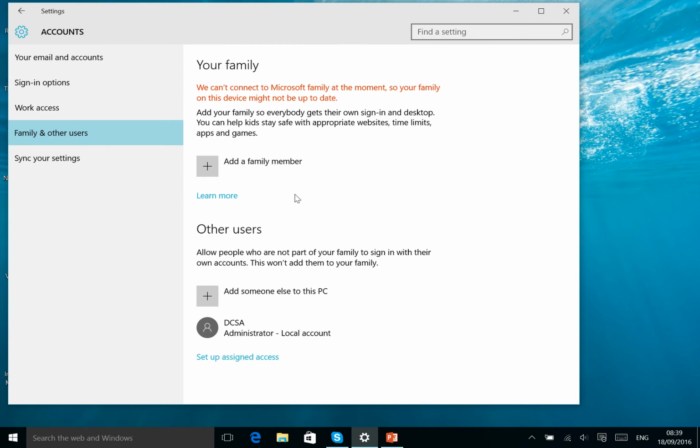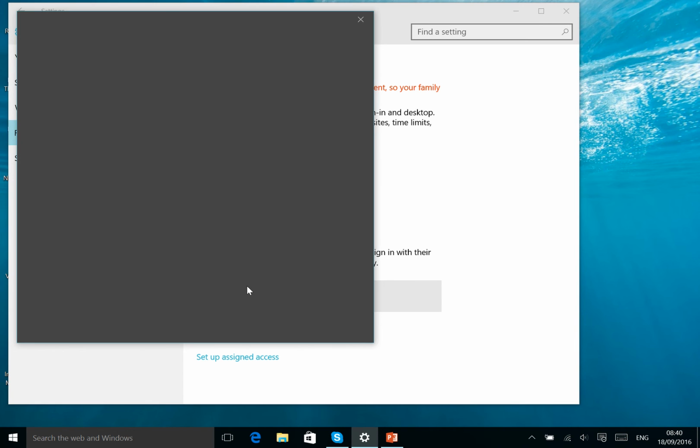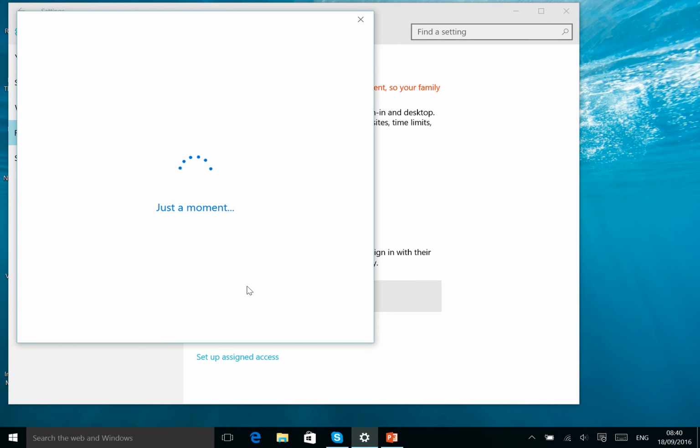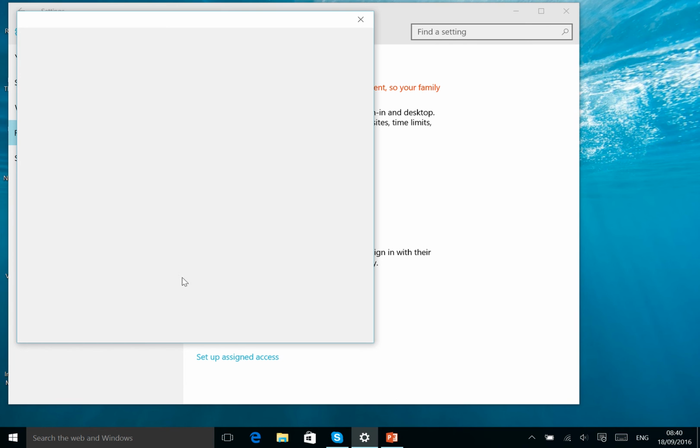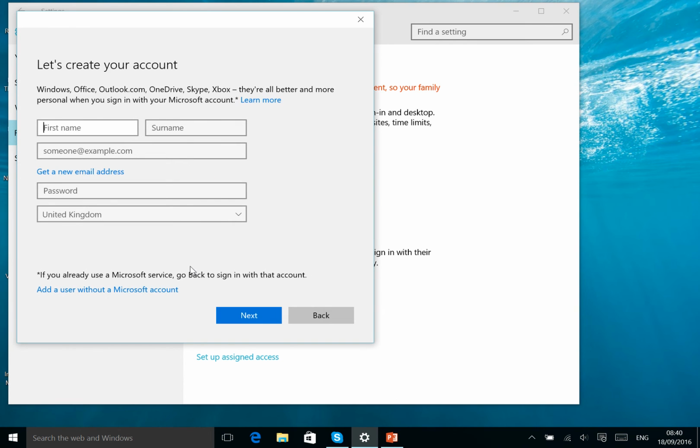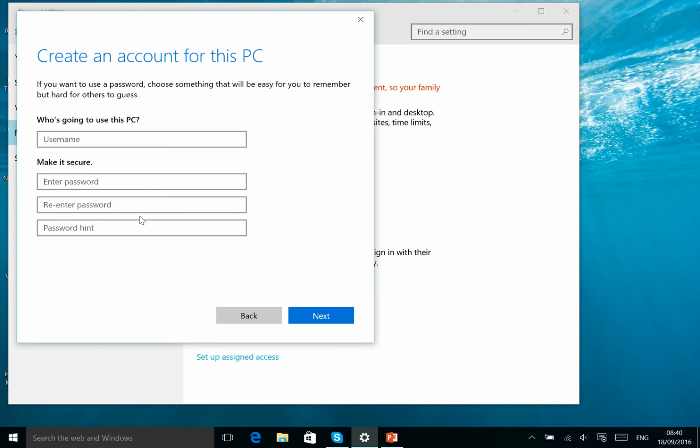We can also add other users. Now, sometimes it's very handy to have a machine where you want to lend it to somebody but you don't want them tampering with your settings or seeing your emails. So if you click on add someone else, Microsoft Windows will try and ask you for sign-in emails for them. I don't want to do that. Neither, in fact, on the next screen do I want to create an account for them. I just want to add a user without a Microsoft account, and I can put in